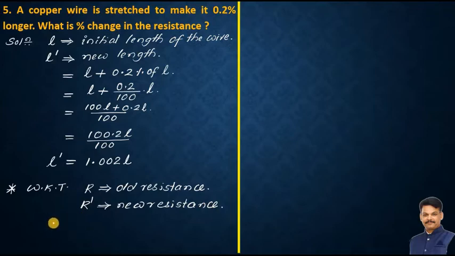Okay, how much change will occur in the resistance? That we have to calculate first. For that, again we have to make use of the relationship, that is R is directly proportional to L square, isn't it? So based on this, I can write R dash divided by R is nothing but L dash square divided by L square. If I want the new resistance R dash, then it is R into L dash square by L square.